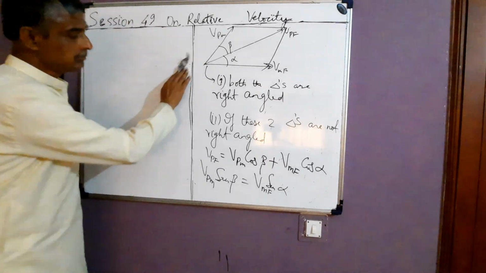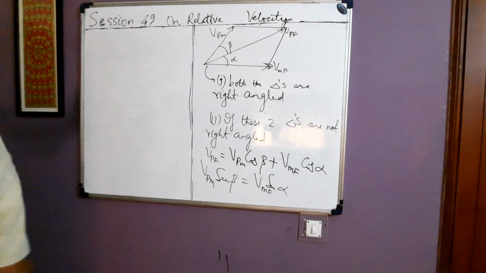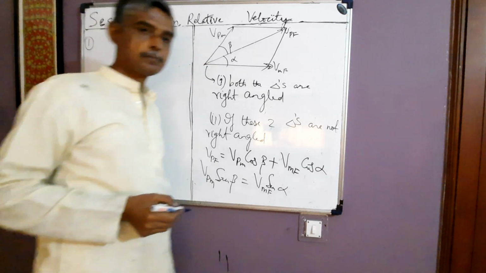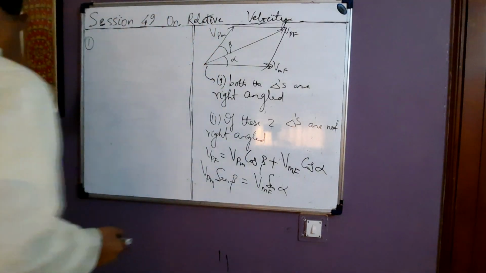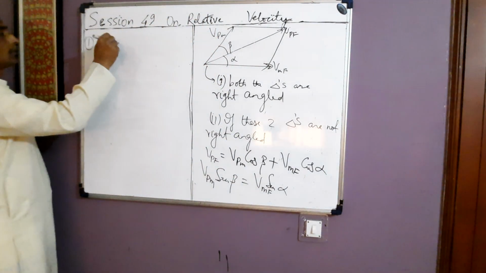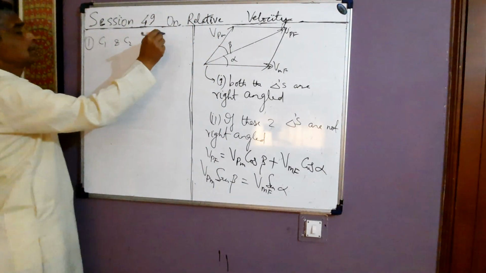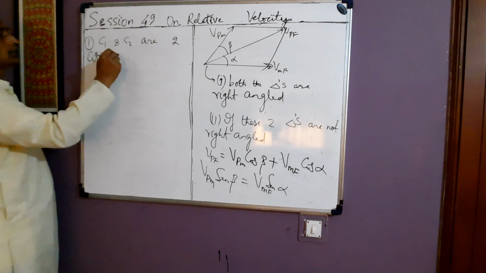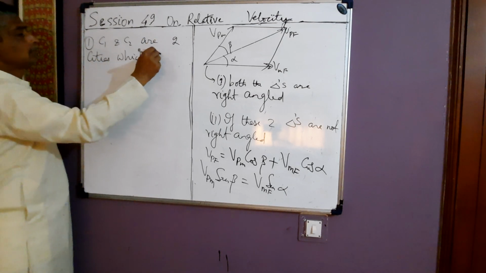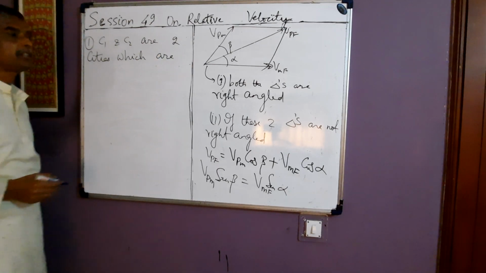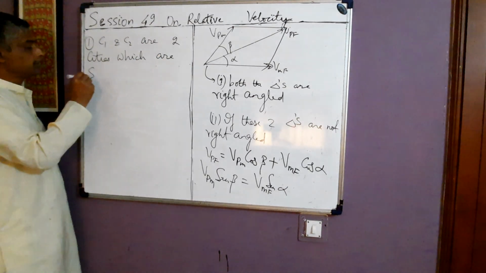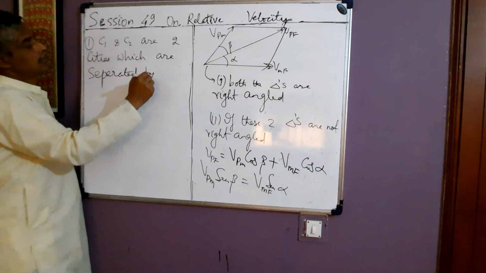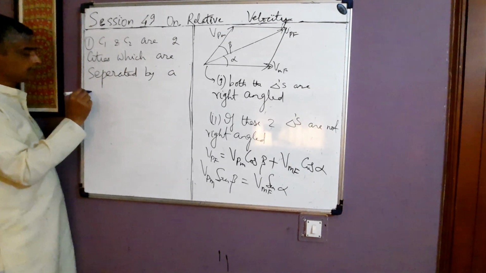So I'll take a problem to illustrate this concept, alright? So I'll write down the problem. Problem is this. C1 and C2 are two cities which are separated by a distance L,